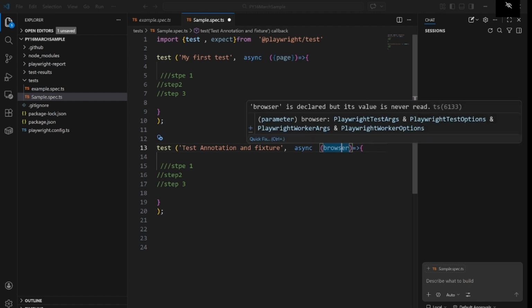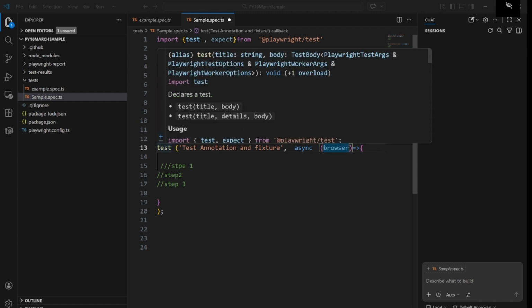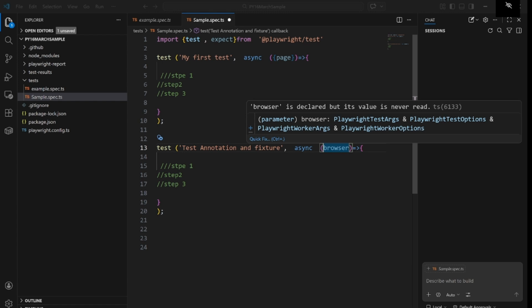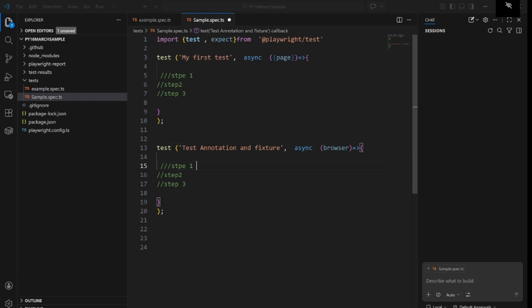So when we are using this browser, the test annotation will already know that this is the fixture which is provided and available in Playwright. But if I write it like this, then it will not understand; it will treat it as a normal browser. But when I provide curly braces, this is the way I am defining it, so that you can write your test cases or test script in a better way.